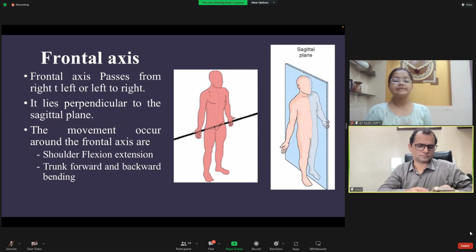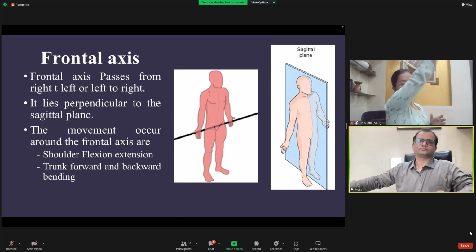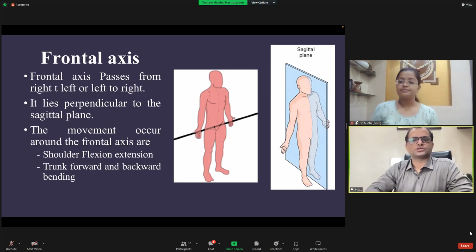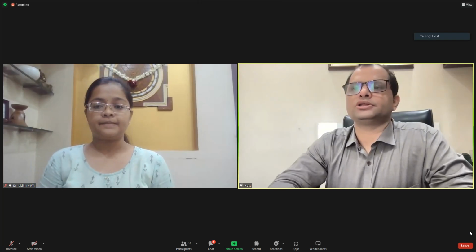तो फ्रंटल एक्सिस कौन सी मोशन अलाउ करती है, कौन सी मूवमेंट को अलाउ करती है? So the frontal axis is allowing only one movement, which is flexion and extension of the shoulder. तो पर्टिकुलरली शोल्डर जॉइंट के लिए this is helping to move the shoulder into flexion and extension. So look at once again here कि जहां हमने अभी बात की थी,